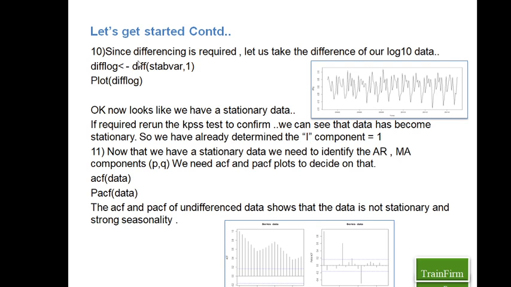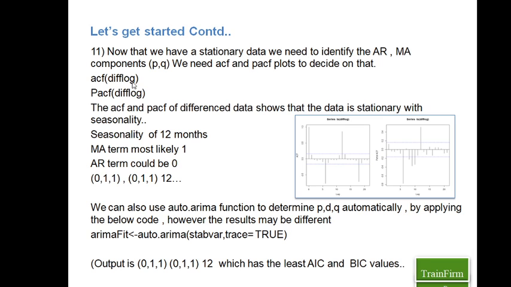So to make it stationary, you created another variable, diff log, and you took the difference of the stabilized variable, one difference, and then you found that you got a stationary variable, right? And then you took the diff log data and did the ACF and PACF. From the ACF and PACF, using the clues we discussed before, we estimated this could perhaps be the model which can be used. So to validate it again, you did